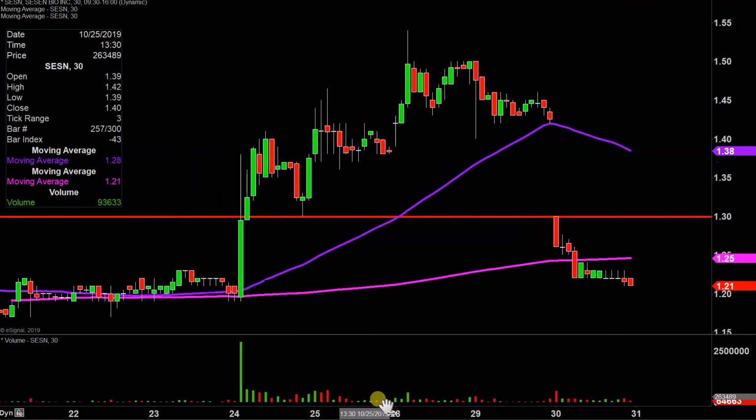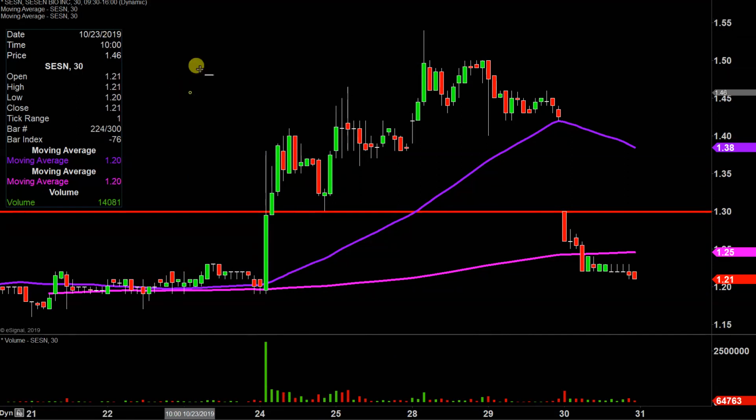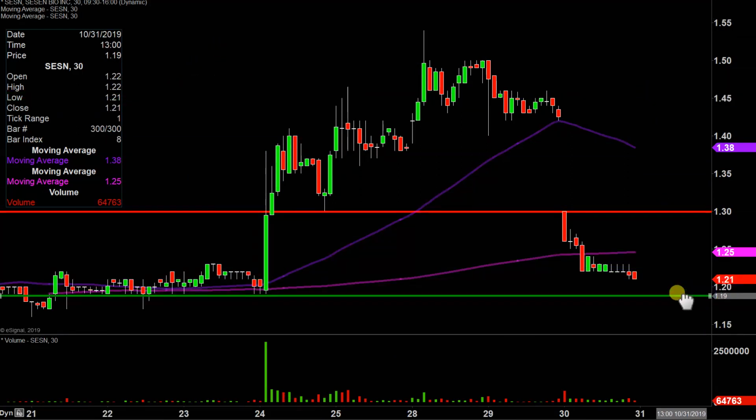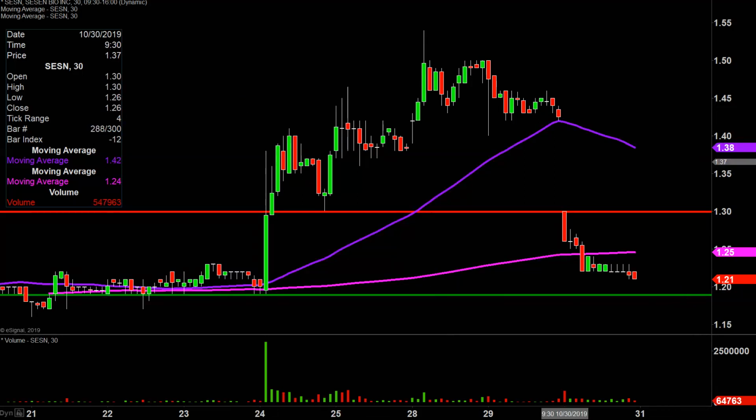As far as next potential areas of support are concerned, that is where the price has bounced from several times before, and that's down there at the dollar. We'll call it 19 cents, give or take. But if you go through the track record of the chart, you can see that found support here a whole bunch of times, then found support right there once more before a big bounce to the upside. So a little bit of distance that the price still has to go, but right around $1.19, a very historical